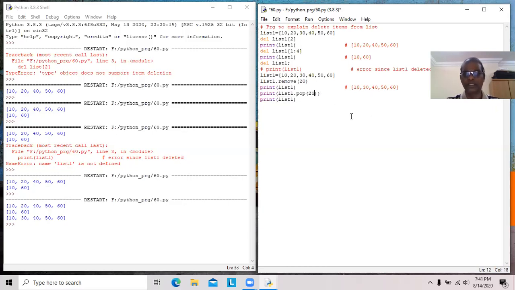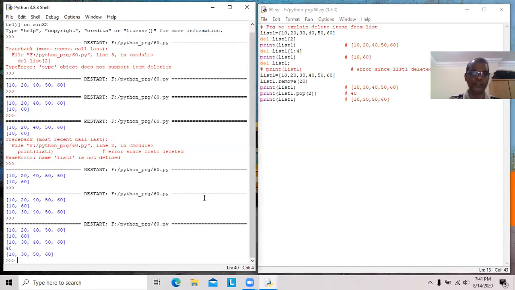We have to specify the index: 0, 1, 2. 40 will be displayed. Here 40 is already removed. The list one contains 10, 30, 50, 60. You will see 40 will be displayed.